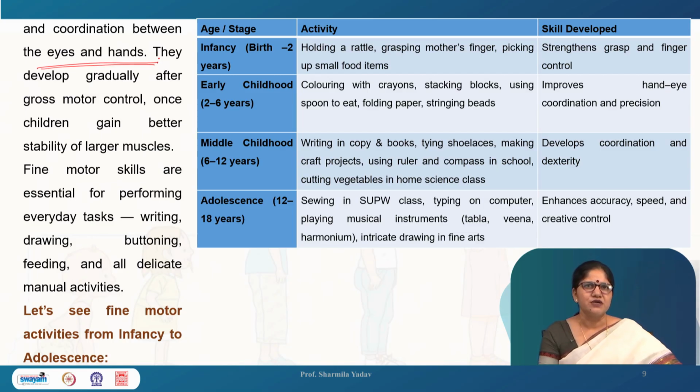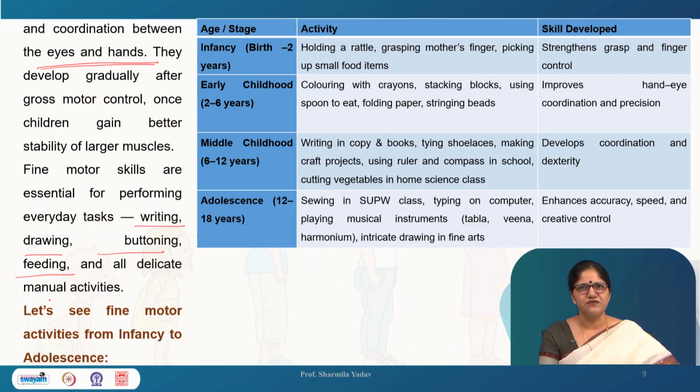They develop gradually after gross motor control once children gain better stability of large muscles. Fine motor skills are essential for performing everyday tasks like writing, drawing, buttoning, feeding and all delicate manual activities. Now let's again see fine motor activities from infancy to adolescence through this table. Again the table is divided into three columns: age, activity and the skills, fine motor skills which are going to